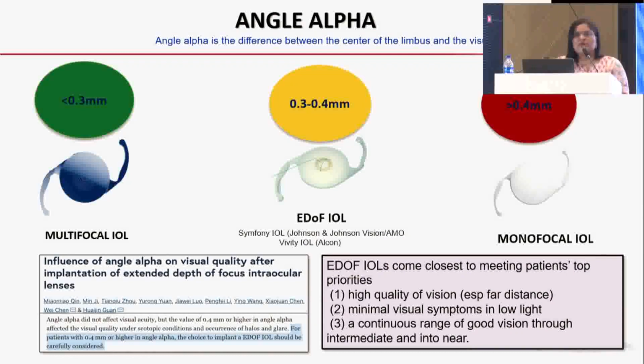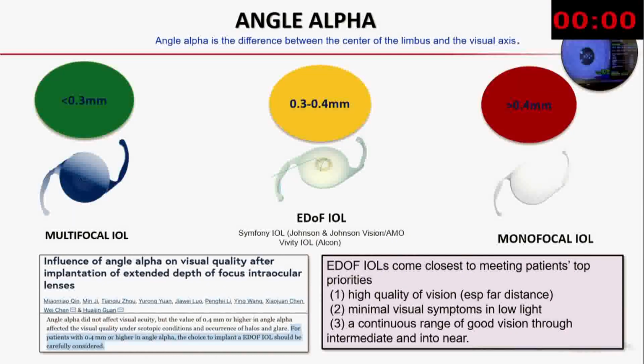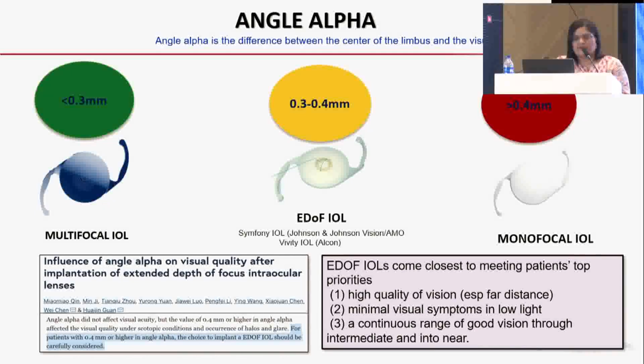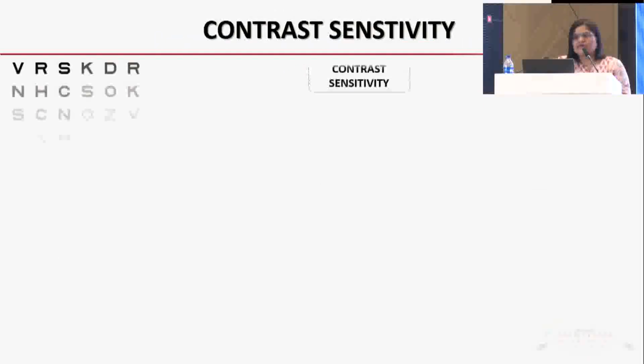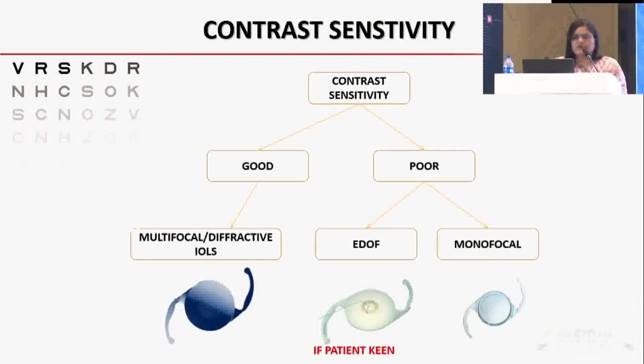Angle alpha also holds a very special place. One of the papers mentioned that for patients with 0.4 mm or higher in angle alpha, the choice to implant an EDOF lens would be carefully considered. And EDOF lenses are closest to this particular range, that is around 0.3 to 0.4, because they give high quality of vision. They have minimum visual symptoms in low light, and these patients will get a continuous range of good vision through intermediate and near. Contrast sensitivity, of course, if it is a good contrast sensitivity, we would like to go for a diffractive IOL as compared to if it is a poor one,